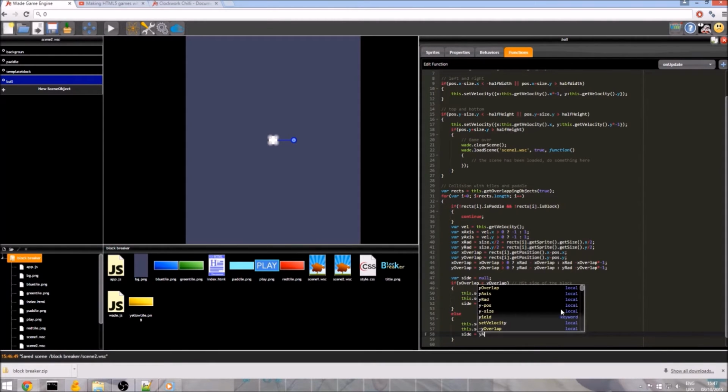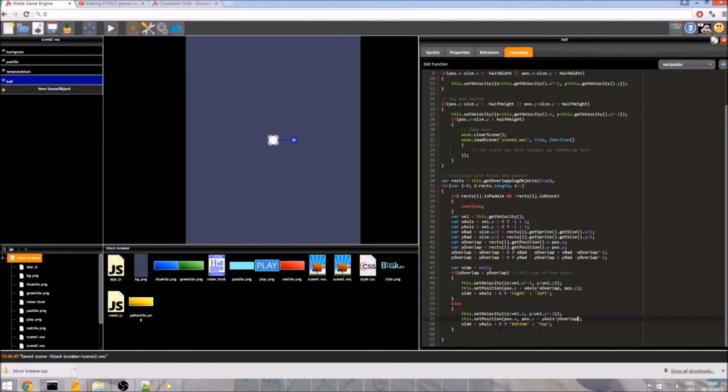So what I'm saying is, if y-axis is greater than 0, then we've hit the bottom, else we've hit the top. And I've used this a lot in this program. You'll see all these question marks and colons. This is basically if this condition is true, do this, else do this section. So it's pretty simple really.